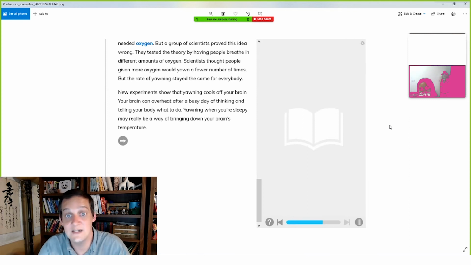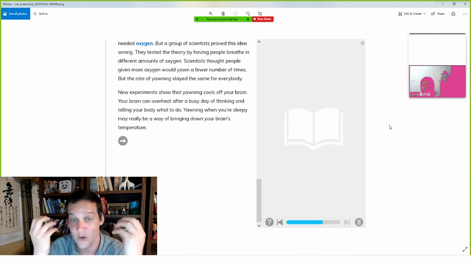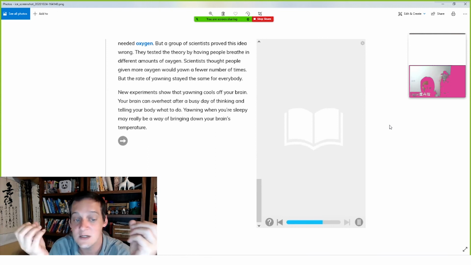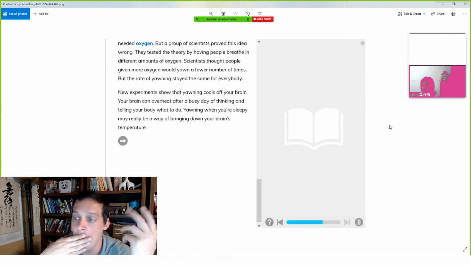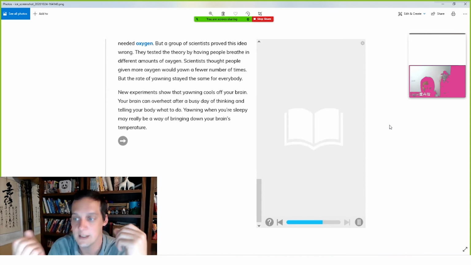This is also the reason you see dogs panting. They get overheated, they get too hot. For us, we might do the same thing. People might also do something when they get too hot. But this is for when your brain gets too hot. Your brain, because you're thinking. And when you think too much, it might cause you to yawn a lot. You think you're tired, but really your brain is getting too hot.